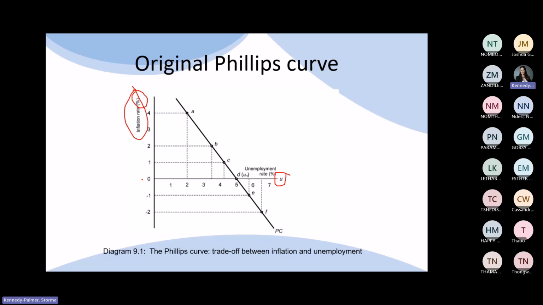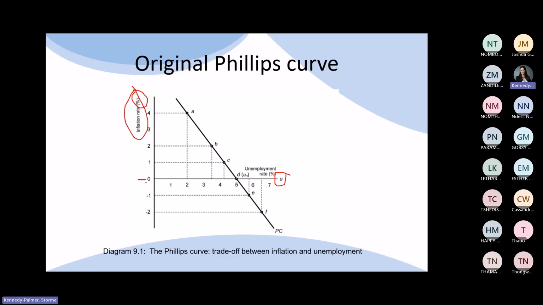Okay, so here's 0% inflation. That means prices did not change. Last year, trying to think of something that costs 100 Rand, let's just say a basket of goods. Last year, a basket of goods cost you 100 Rand. If our inflation rate is 0%, then this year, that exact same basket of goods is going to cost you